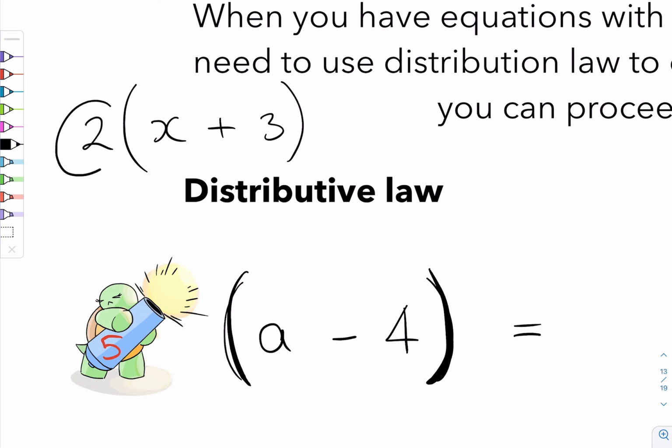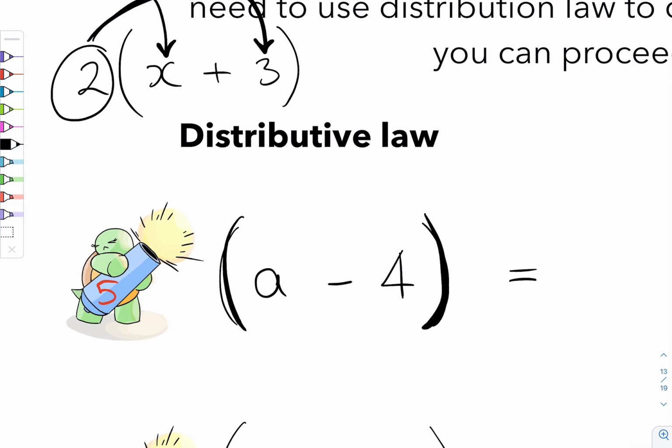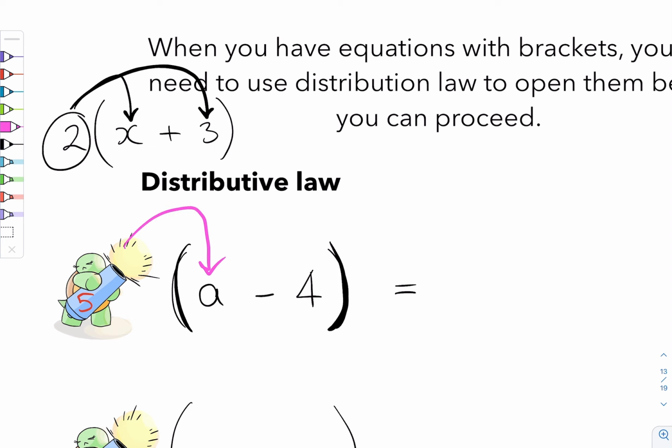So this number 2 would shoot against this term and then shoot again into this term. And they'll keep on going if there's more and more terms inside the brackets. But most of these easy, simple scenarios only have 2 items usually inside of brackets. So here I got a 5, and this 5 is going to shoot and attack this soldier and this soldier. So if we do them one piece at a time, so 5 times apple, 5 times 1 apple should give